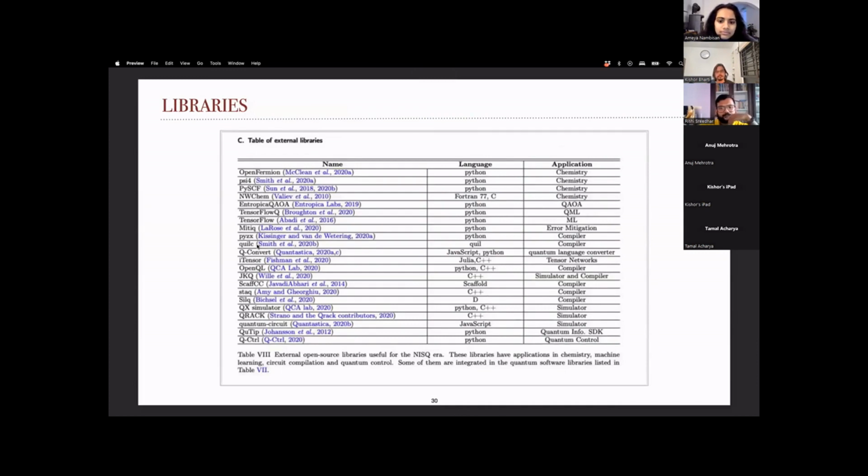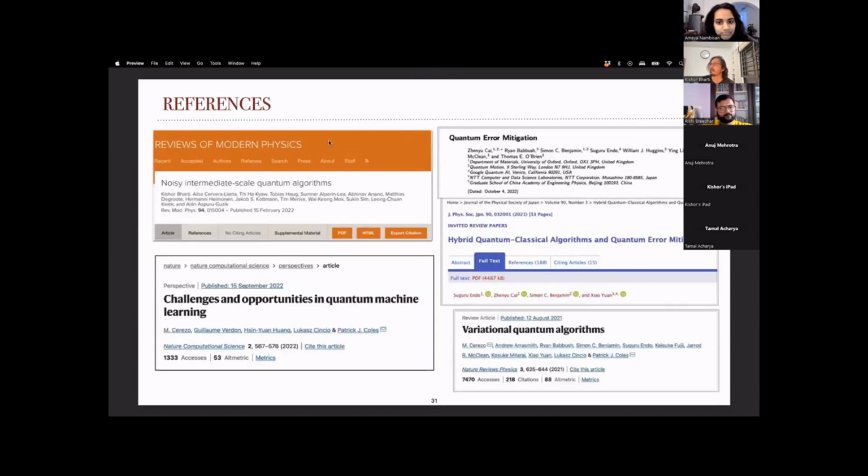Sorry, where are these tables from? This is in my paper, my NISQ paper with other people. So there is a table of external libraries. By today it's not the best representative because people are coming up with many, but you can find at least 90% of what existed when we wrote it. It was a representative table, but the field is evolving fast. So I think it still captures 90% or so of the existing list. These are the references, if you want to look at these things in detail.